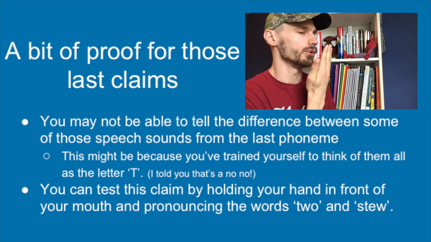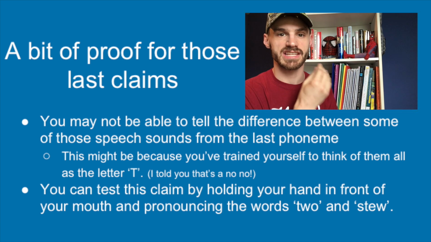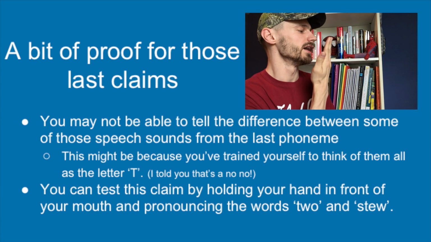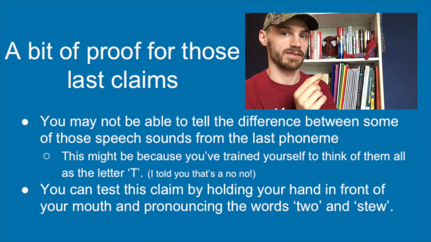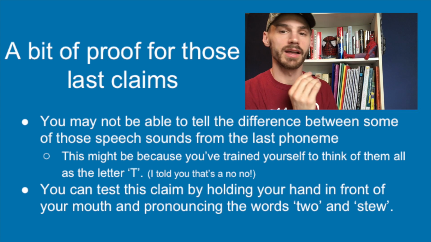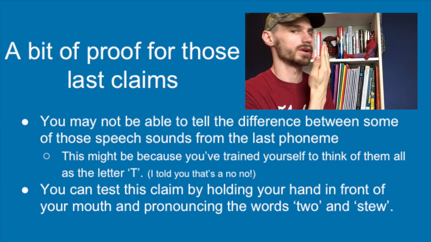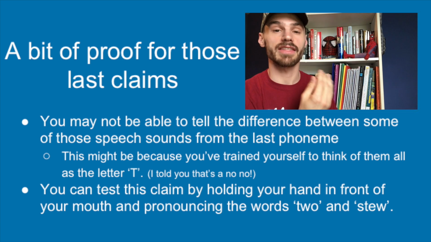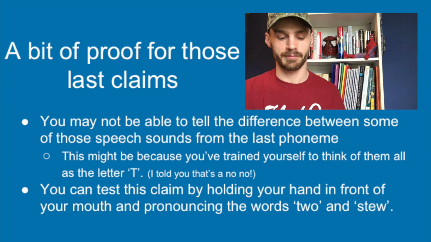When you say "to," because it's at the beginning of a word, you're going to feel that puff of air, that aspiration, or the little raised H that we would draw over the symbol in the IPA. So that's a "to" sound. When you say the word "stew," and this sound is suddenly not at the beginning of a word, you're not going to have that aspiration. You could say it that way, but that's just not the way it's pronounced in English because it's not at the beginning of the word. When you say "stew," you don't feel that puff of air.